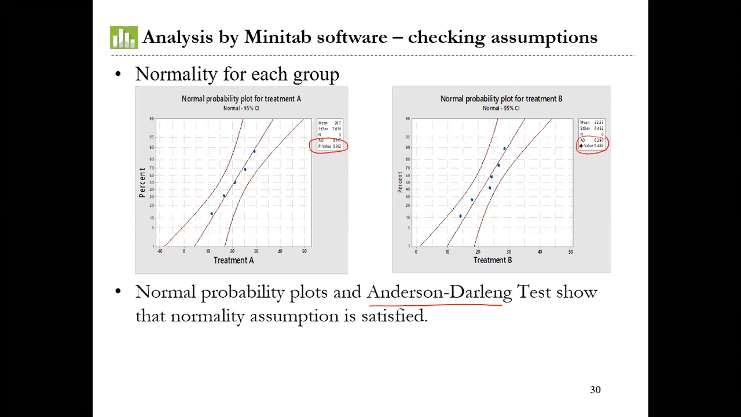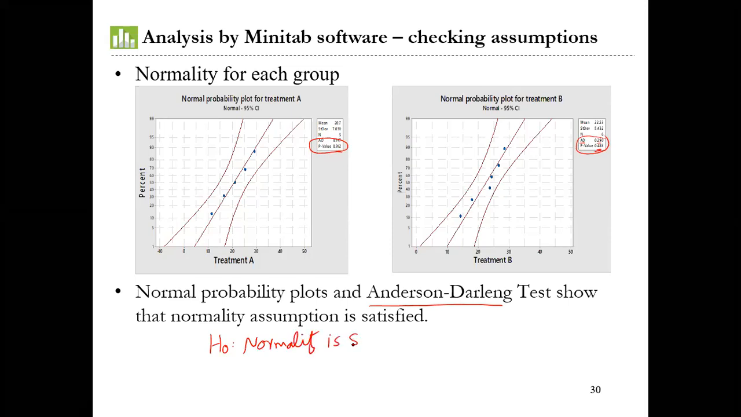Anderson-Darling test, AD and the value. This is the value for the Anderson-Darling test. I don't care about the value, I care about the p value. If the p value is greater than 0.05, normality is satisfied. What does it mean? It means H0 for the Anderson-Darling test is normality